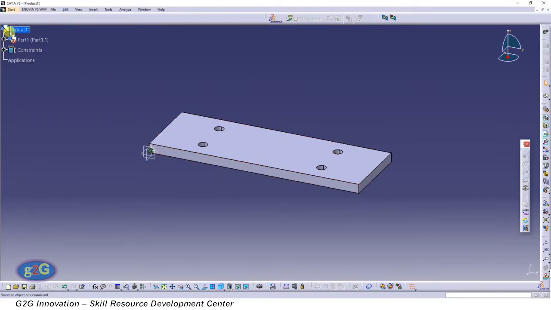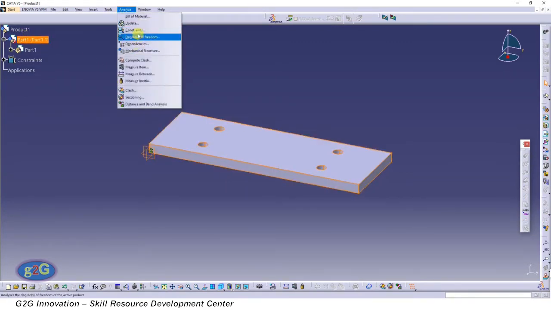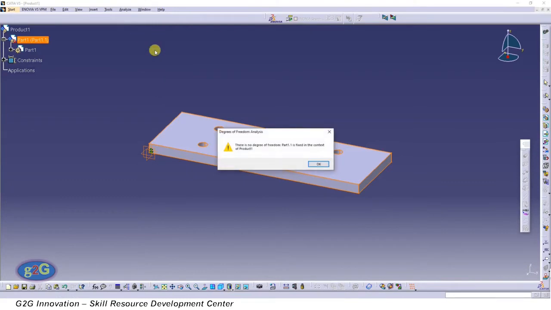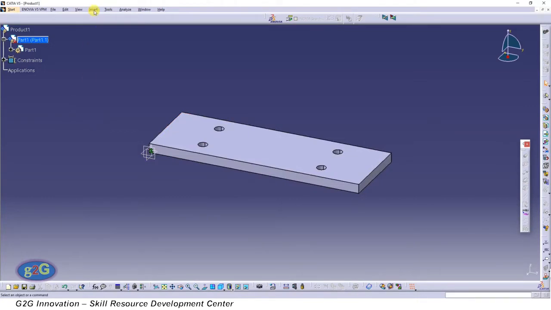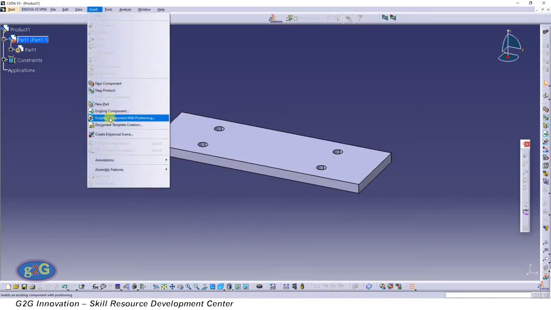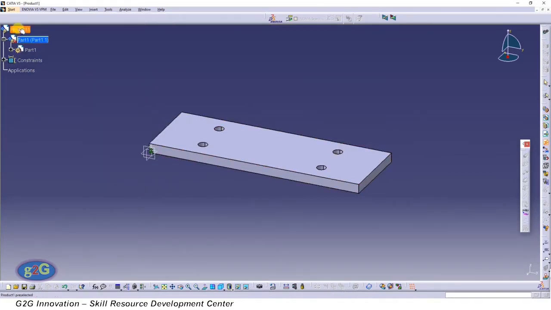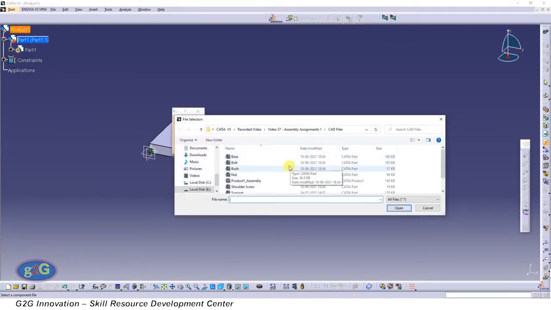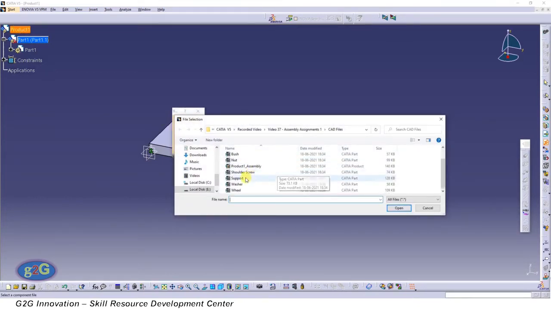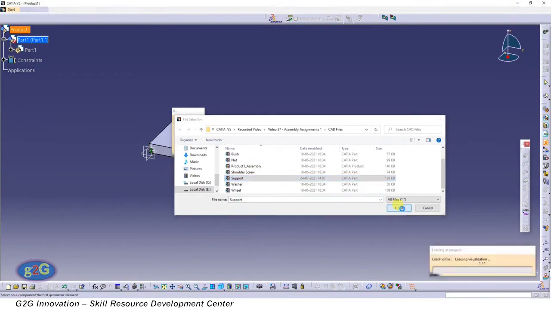Now we can analyze that. Click on the part, click on analyze and click on degree of freedom. So we can see there is no degree of freedom for part 1. So let's insert the next component, and now we will be using existing component with positioning. Okay, so click on the product, we will be inserting support,